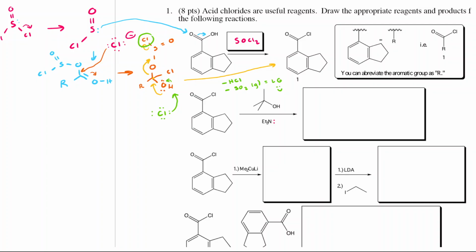And we see that we have an alcohol here that has a very convenient hydrogen that can be deprotonated. So when this molecule deprotonates that one, we end up with